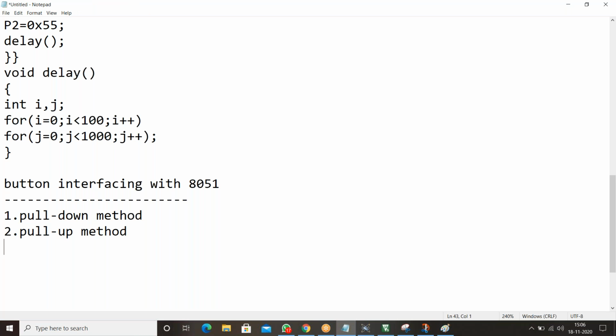Okay, #include <reg51.h>. This is our header file. Next, sbit button is equal to